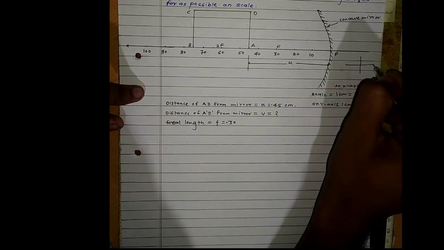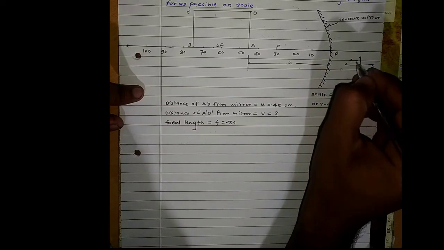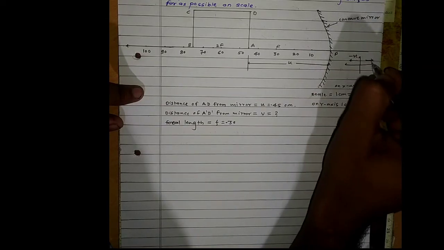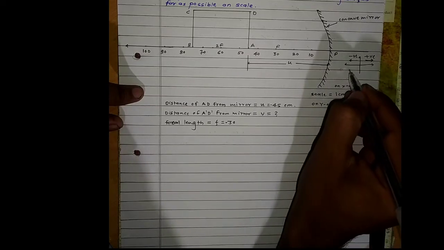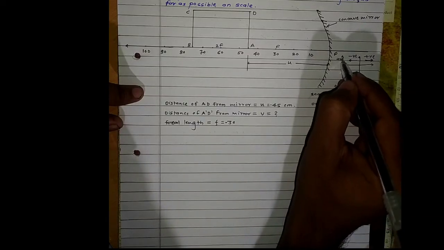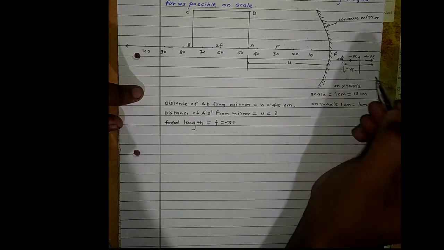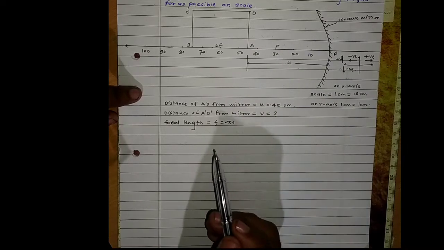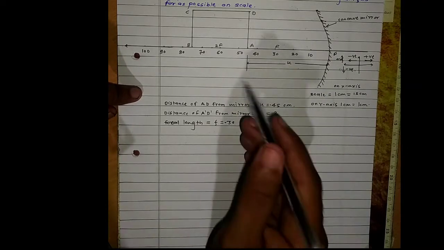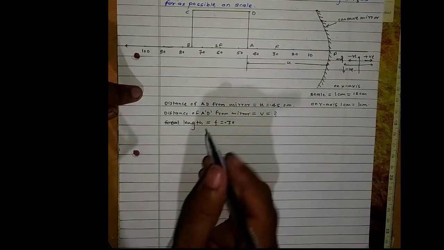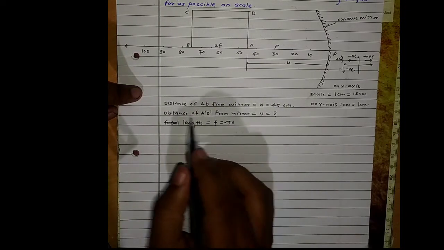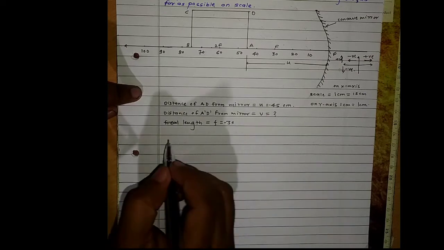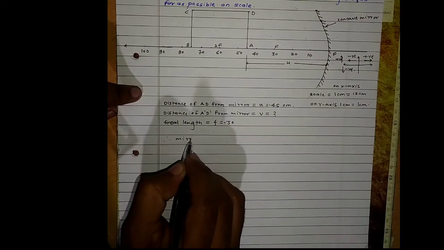Let me show you here. Whatever goes on this side will be negative, and whatever goes on the right side will be positive. Similarly, upward is positive and downward is negative. So you have to take the focal length for a concave mirror as negative f. Got it? Okay, so let's find out the distance of the image from the mirror.